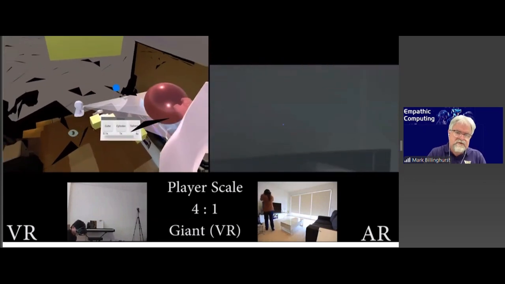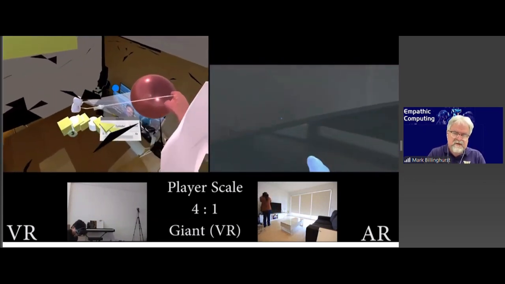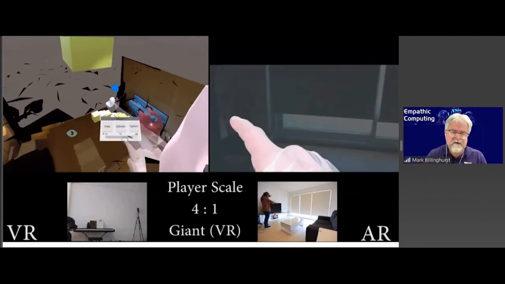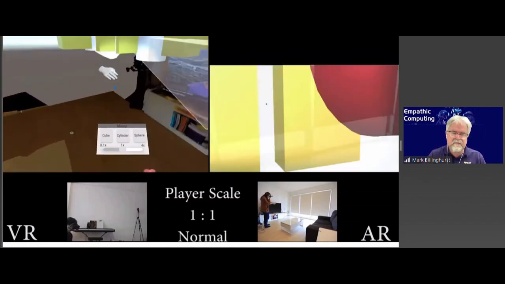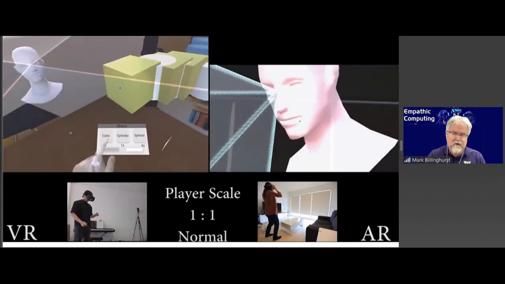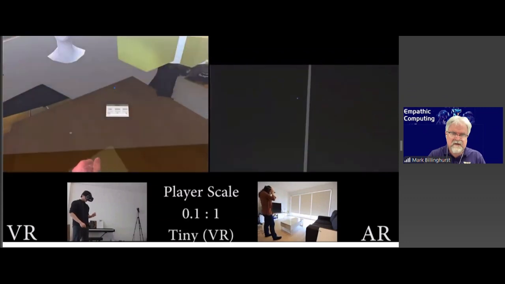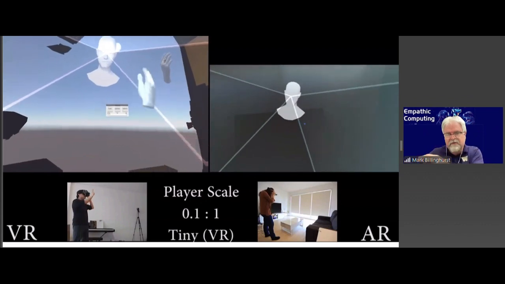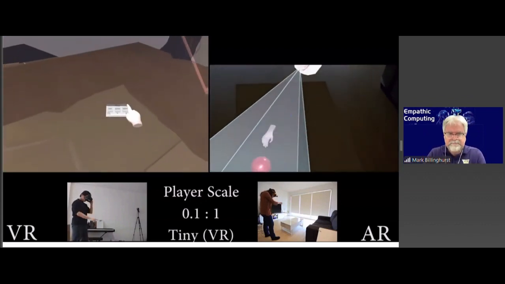And then we can also change our body scale to be much smaller as well. So in a second, you'll see the body scale shrinking in size. And now I can move into small parts of the virtual world copy of the real world. So now I'm 1/10 the size. And now for the person in the AR, they see me as a little virtual character in the real world.